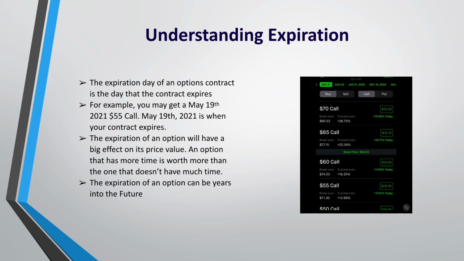Now, on the right hand side, I'm showing you pretty much that. I figured I'd show you the Robinhood chain. It has different expirations at the top, and as you can tell, we're buying calls, and then it shows you the strike price. It only shows you two strike prices. I guess I have a small screen on that, but that's pretty much the option chain there, showing you where those expiration dates are.